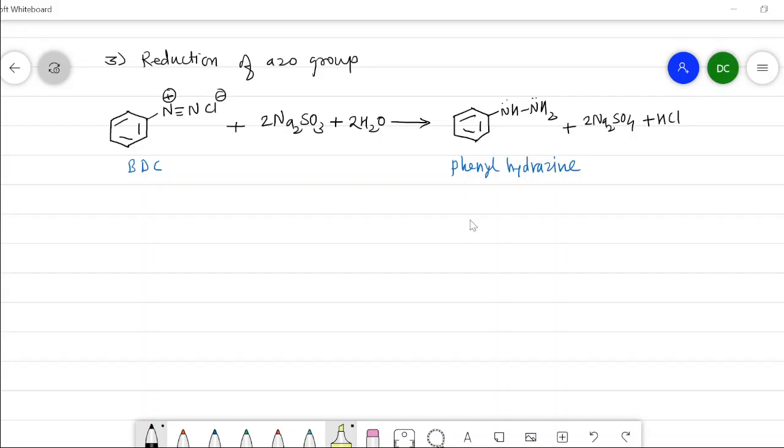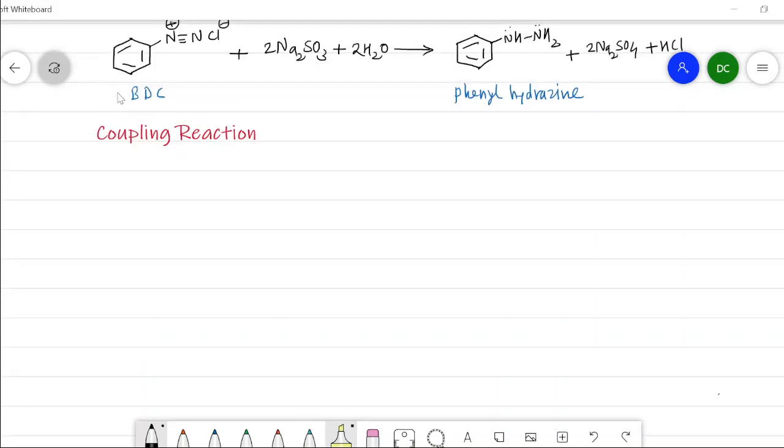Now we will see the coupling reaction of benzene diazonium chloride. The coupling reaction of benzene diazonium chloride involves the electrophile, that is the benzene diazonium cation, in an electrophilic substitution reaction with another aromatic compound, so we have to write here a benzene diazonium cation. Here I will write N triple bond N, with a positive charge, and it is going to combine with the